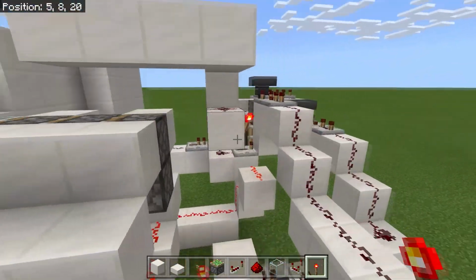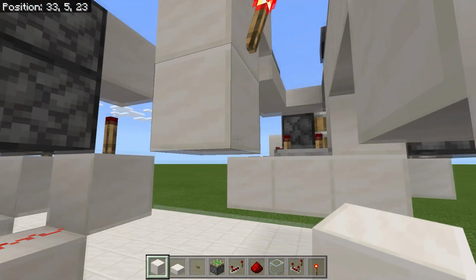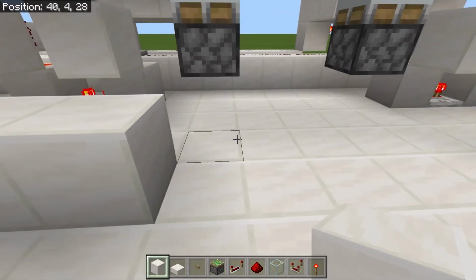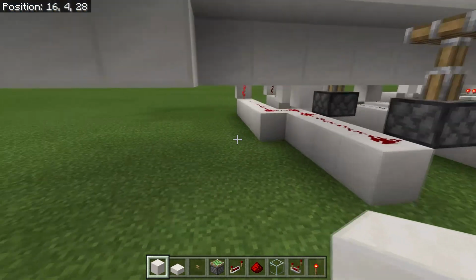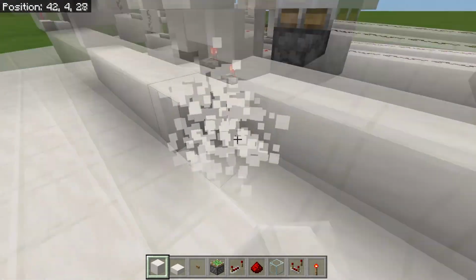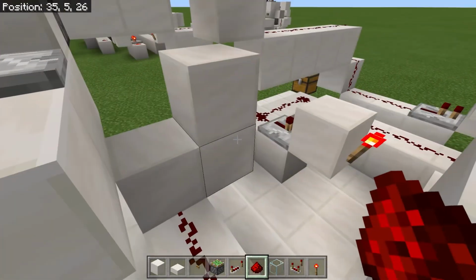And then from there, we will run a signal down to where we will have our other pistons, our other sticky pistons, and this will not make use of any delay. That way our timings on both the top and the bottom are identical, and then after that, if I have remembered everything,